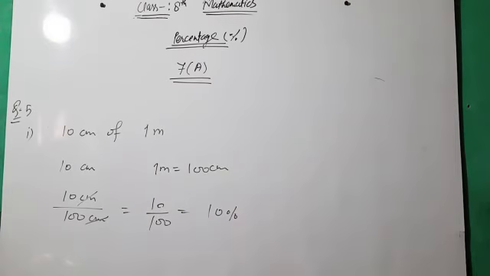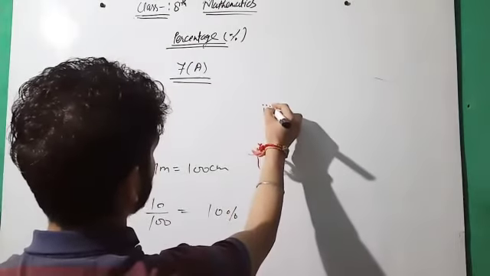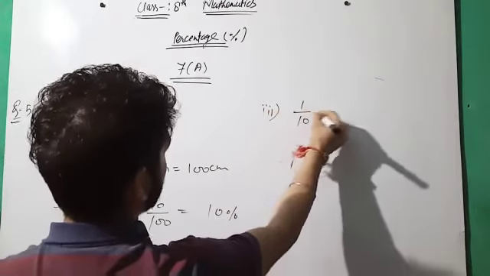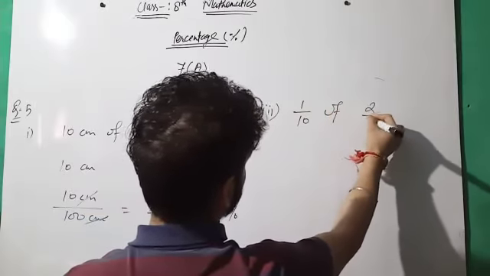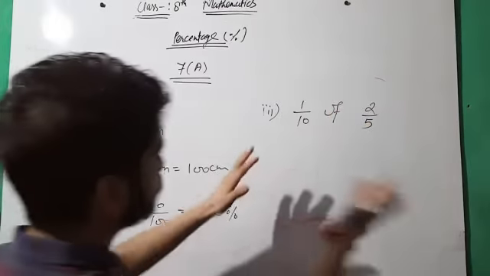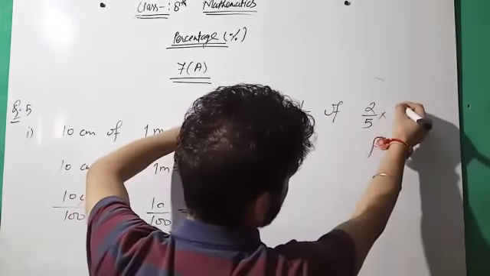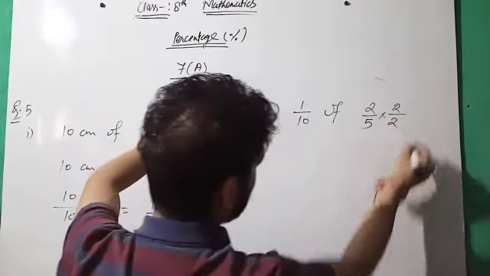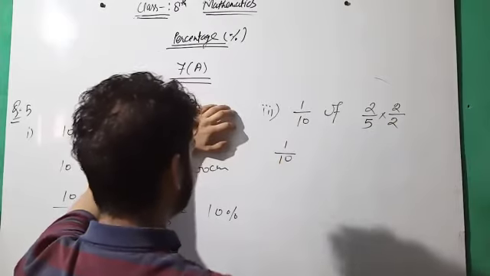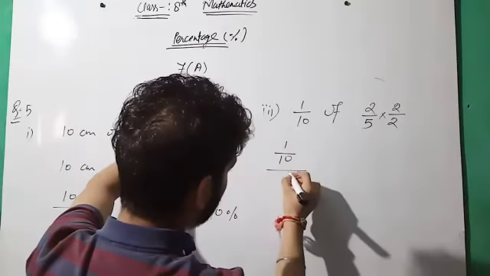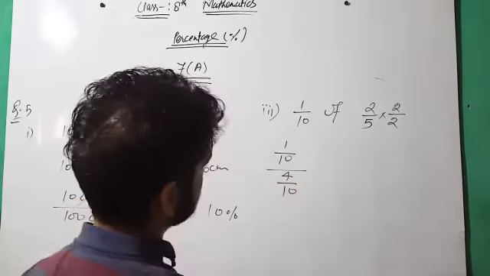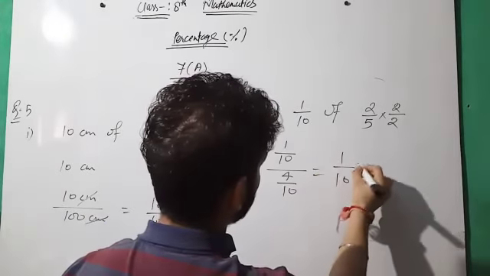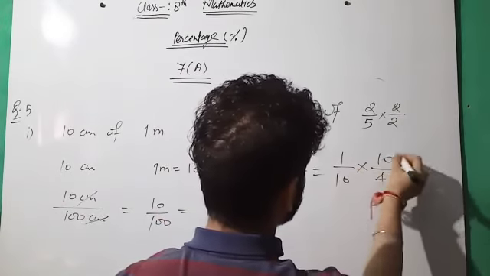Okay, now we have third part 1/10 of 2/5. 1/10, 2/5 का कितना परसेंट होगा? फर्स्ट ऑफ ऑल इसको चेंज कर देते हैं. इसको चेंज करने से क्या हो जाएगा? हमारा एलसीएम सेम हो जाएगा. 1/10, 4/10 का कितना परसेंटेज होगा? यस और नो? ओके, 1/10 इंटू 10/4 कैंसिल, सो 1/4.